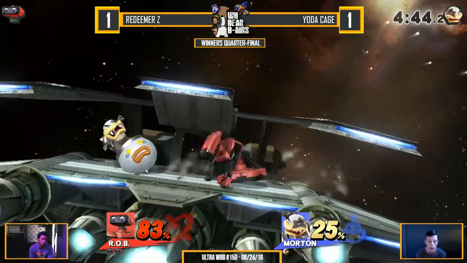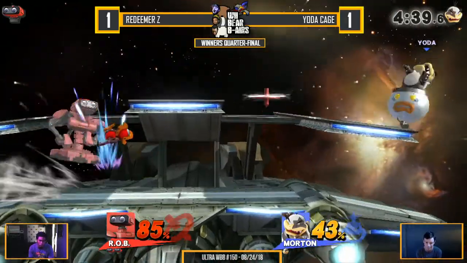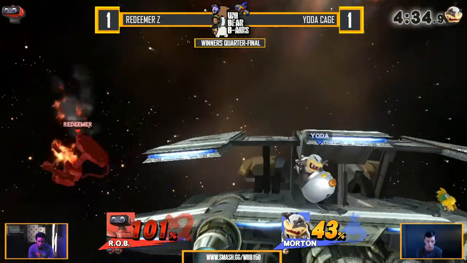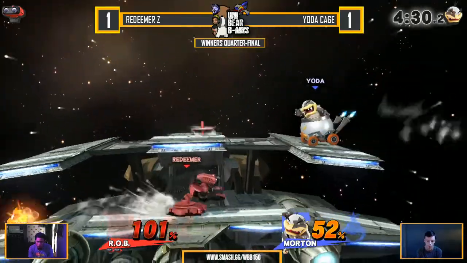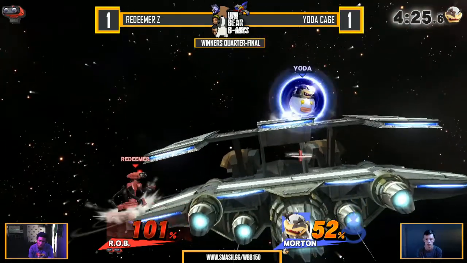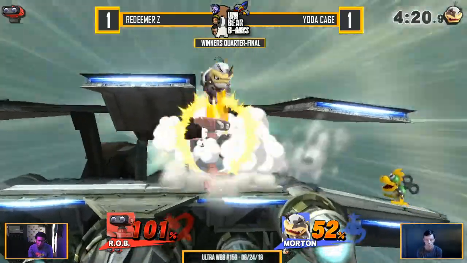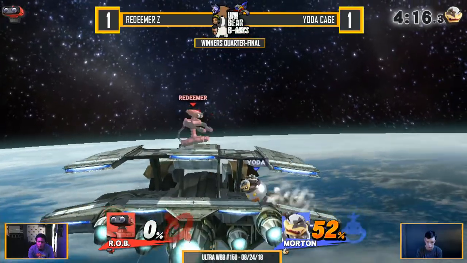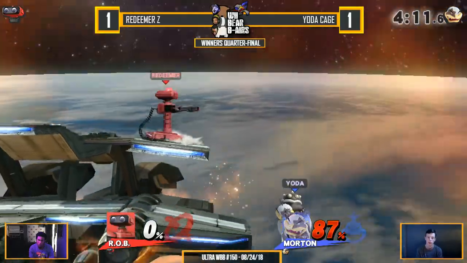Yoda trying to find the edge guarding tool, but Redeemer very safely and pretty much playing defense now, just racking up percentage as he needs to, so he doesn't have to lose. He doesn't need to really approach right now. He's in the lead. And let's not forget just how cruelly this was Yoda Cage's counter pick in doubles action as well. Good stuff to get that kill. He's sitting at 52%. It's not an impossible proposition for Yoda Cage, but let's not forget how cruelly it treated him